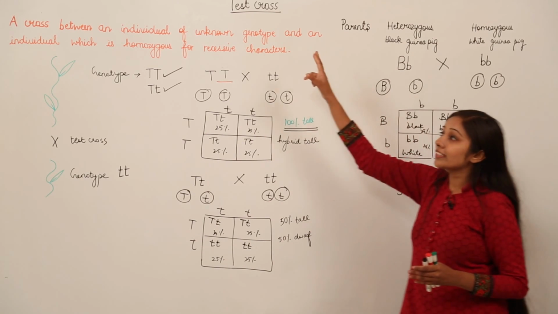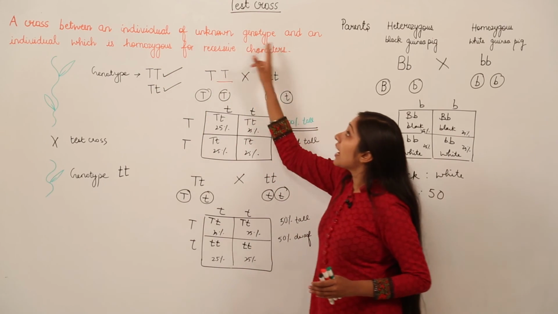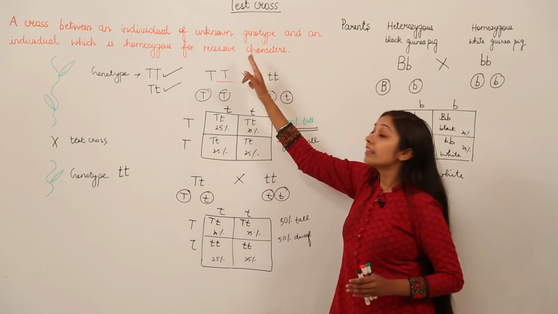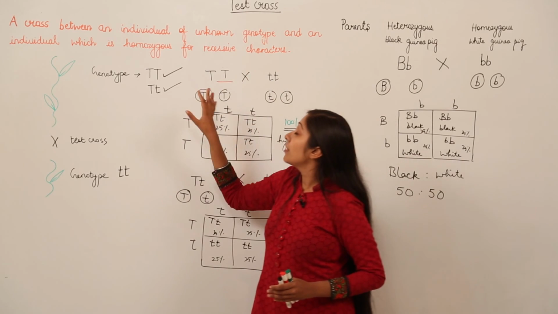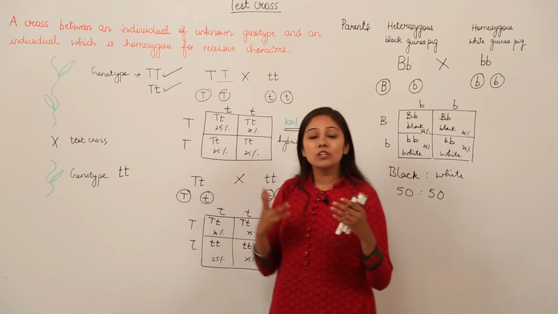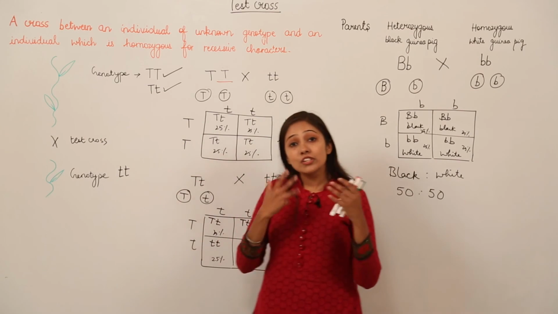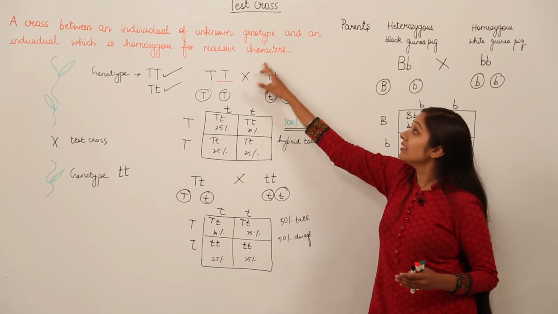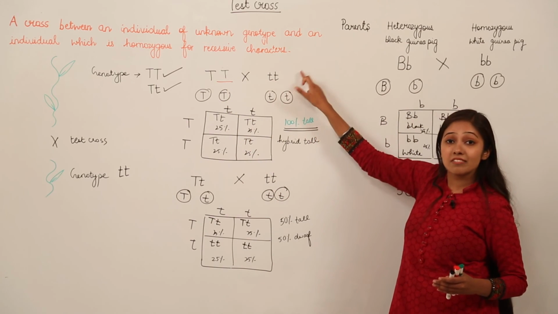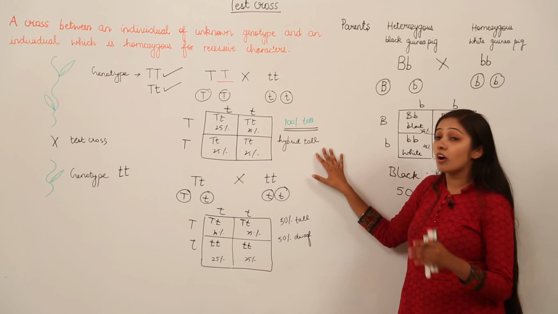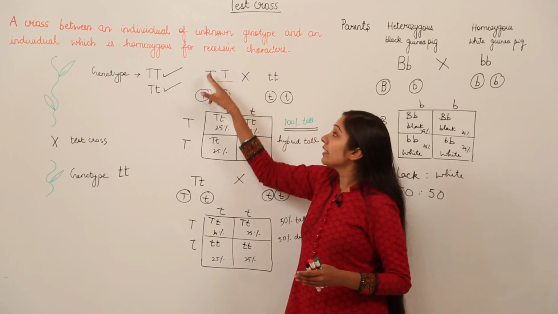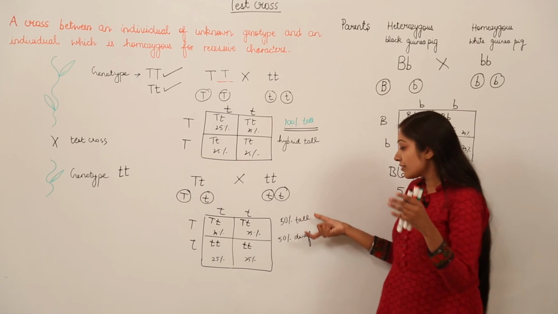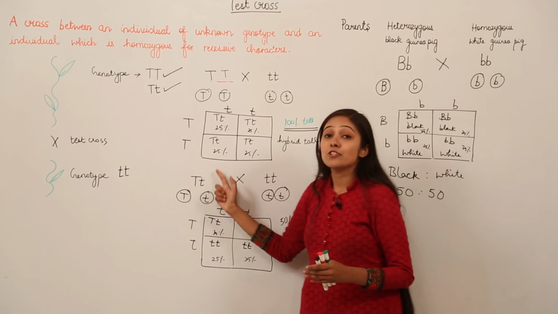So this is how a test cross is a cross between an individual of unknown genotype and an individual which is homozygous for recessive characters. Remember, since here we can have two genotypes that are going to encode for a tall pea plant which is there in the parent, that can be analyzed by performing this cross with homozygous recessive alleles. So if the result is 100% of the dominant character, it means one of the parents is homozygous. Okay. And if we have 50% of the dominant character and 50% of the recessive character, it means the parent is heterozygous.